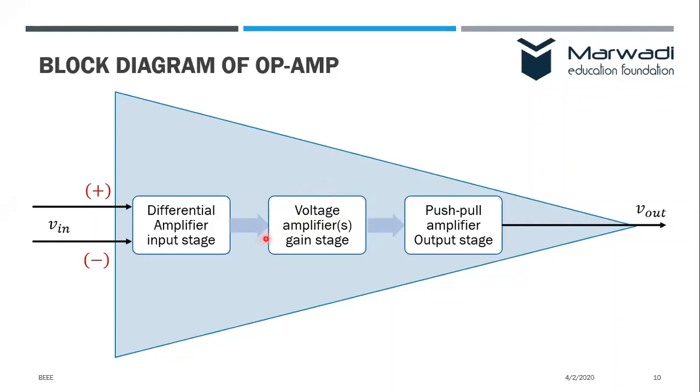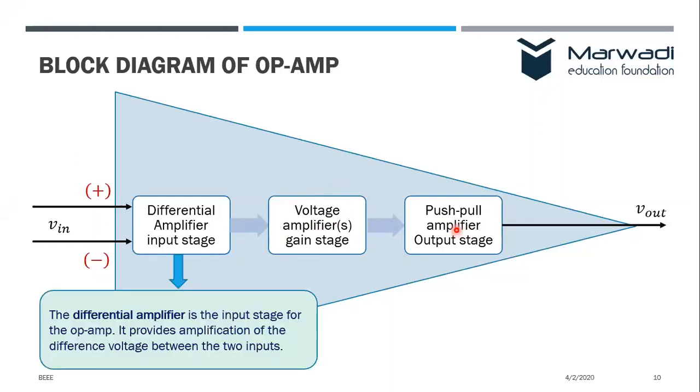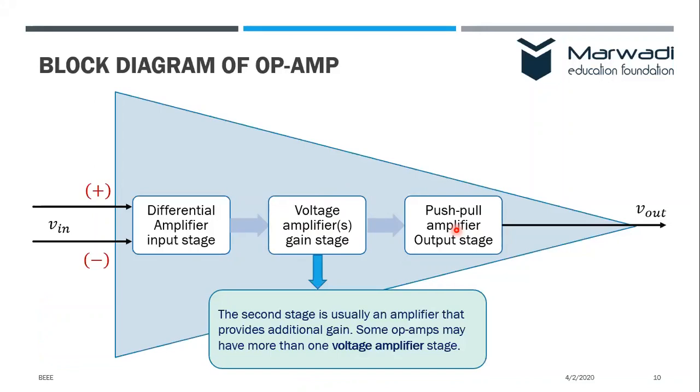But this second amplifier is actually amplifying the signal coming out of the differential amplifier, and then the output of the voltage amplifier is given to the push pull amplifier, right? The role is that the differential amplifier is the input stage for the op amp, and it provides the amplification of the difference voltage between the two inputs, whereas the second stage,